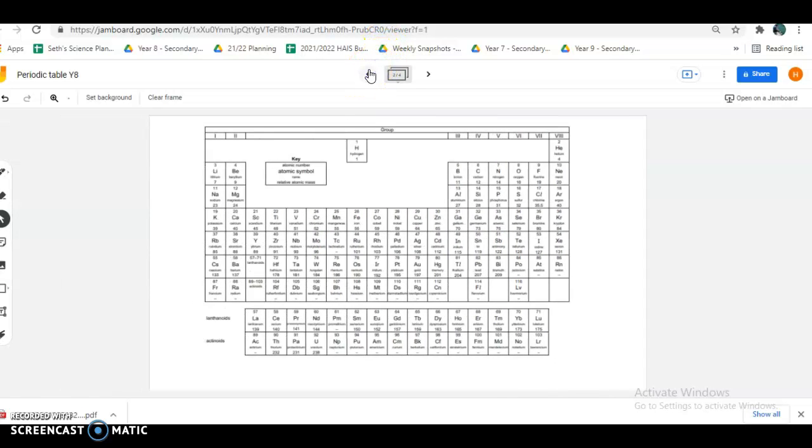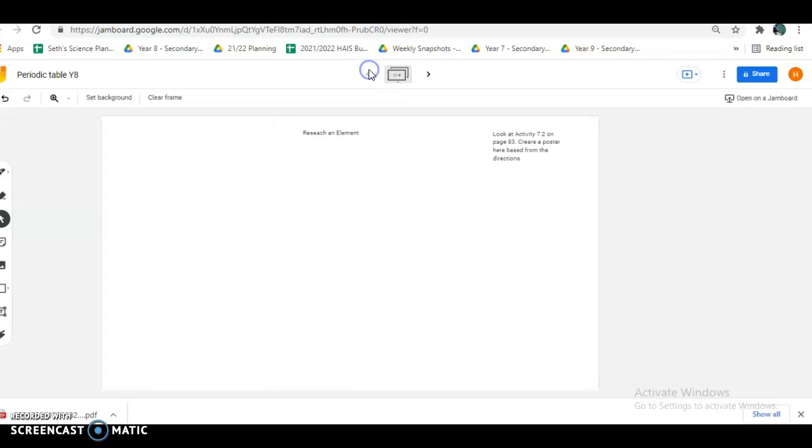And then your last thing that you're going to be doing is researching an element. So if you turn your book to page 83, you will see exercise 7.2, which says choose one element and find out some facts about them. I want you to make a board here. You can write the question, or you can just say discovered, write the answer, add pictures, add color, add whatever you need. So I would like you to use this page to create a poster about one